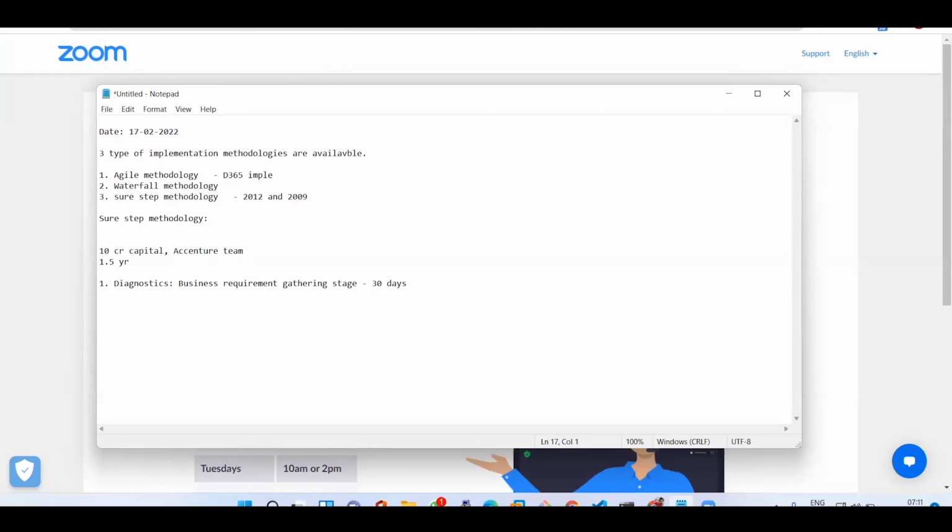Okay. As a business, I have given all the requirements, like myself, or I will have my team, right? As a business I will have a large team, so anybody can interact, and they have given the requirement to the Accenture team. The project manager, solution architect and functional consultants will take the requirement and start analyzing the information provided by the client. So the client is nothing but myself. Okay. So now the second stage will be